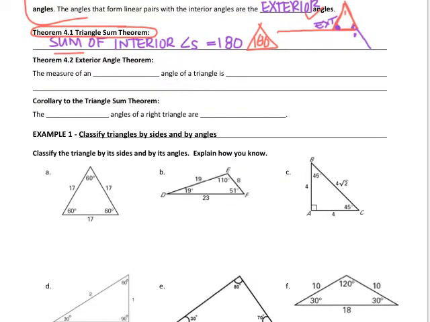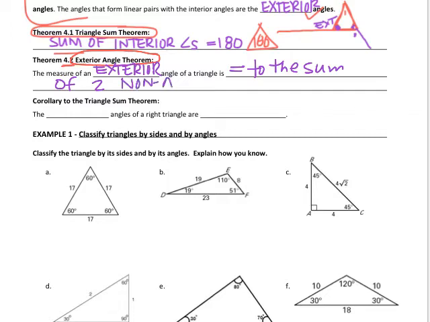All right, so let's take a look at the next theorem, Theorem 4.2, and don't concern yourself with knowing which number theorem it is. You don't have to memorize that it's Theorem 4.2, but you do need to know what the exterior angle theorem says, or what the idea of it is. It says that the measure of an exterior angle of a triangle is equal to the sum of 2